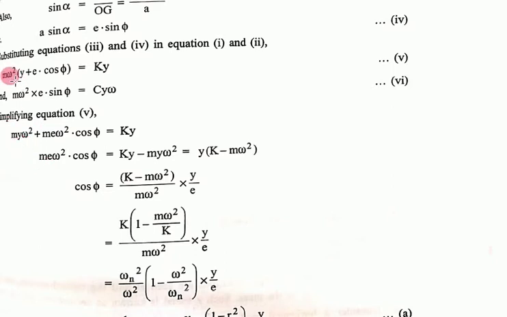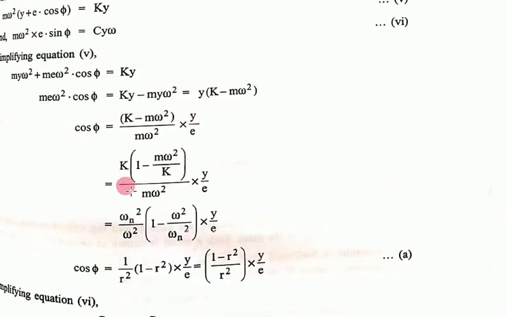Actually it is very simple. So here m y omega square, y multiplied with m omega square, and e cos phi multiplied with m omega square, is equal to ky. Then m y omega square comes to this side, then cos phi is equal to, finally y is common here, so (k minus m omega square) upon m omega square into y upon e. Okay, and if we simplify it again, then k is common, and m omega square upon k, so m upon k, that is, here we can say omega n square upon omega square,